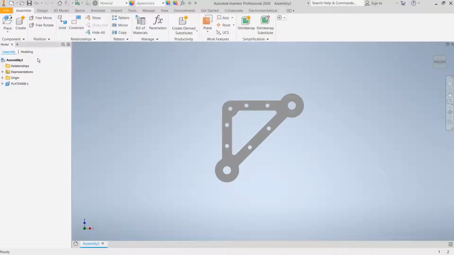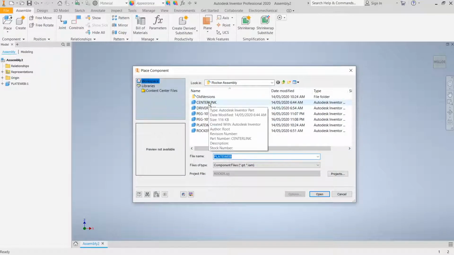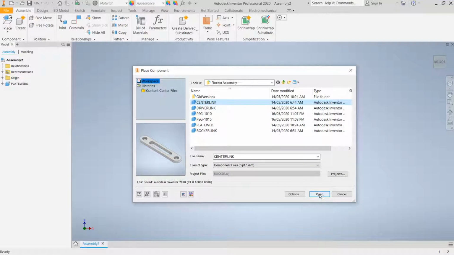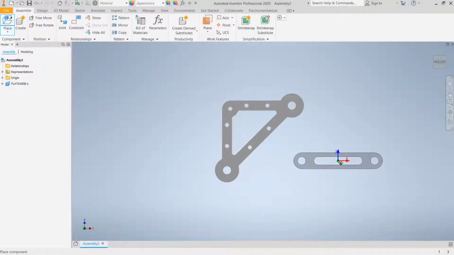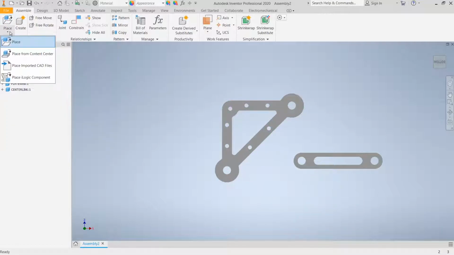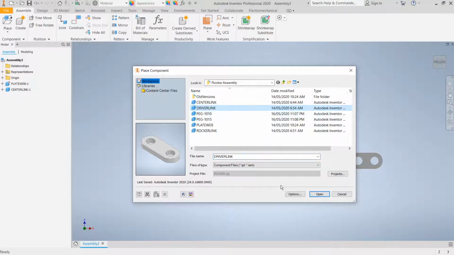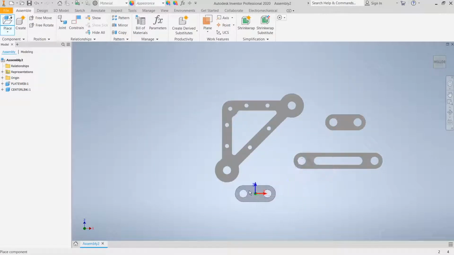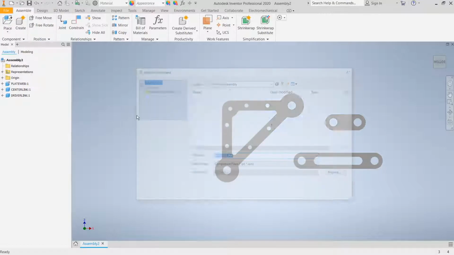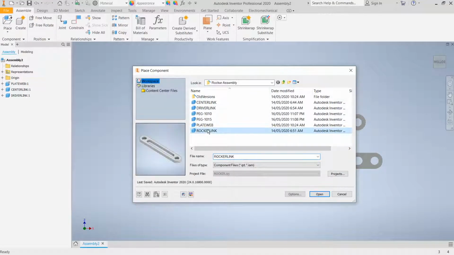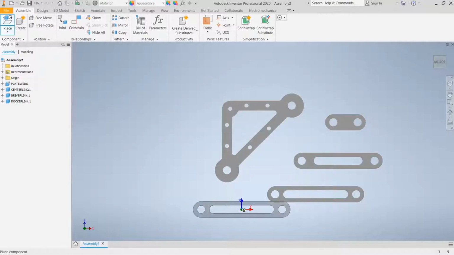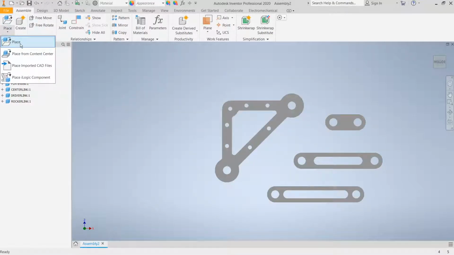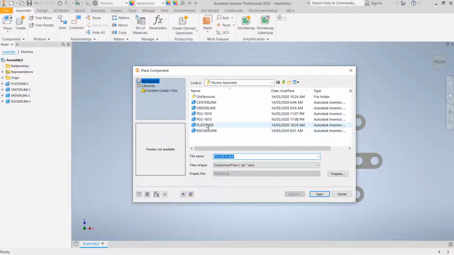So to place other parts now, we go to place again, and then we need center link, and then we just place it. We also need one part, and then for driver link, we also need one part, place, and then what else? The local link, also need one, and then we place the pegs. We need